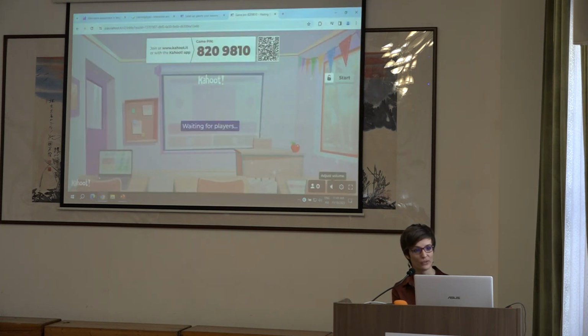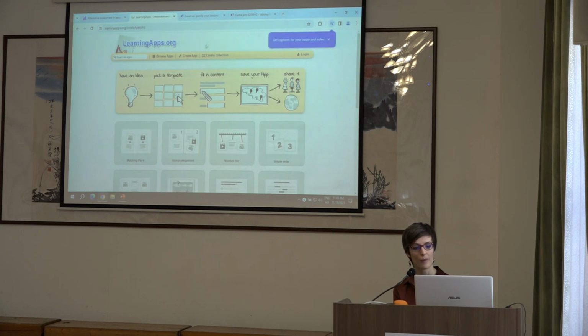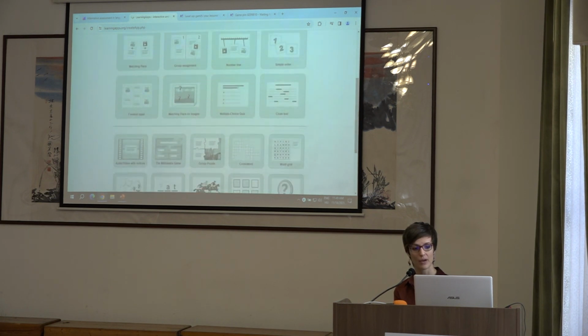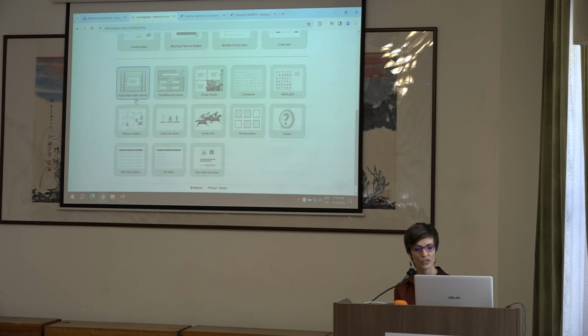The reason why I wanted you to try this out is because it's a very good app, Learning Apps, just a quick learningapps.com. You have a template, and the one which I used is the matching pairs, but you can group things, you can put things on a number line, order them, write in text, match things on images, multiple choice quiz, fill in the words, audio, video with notices.